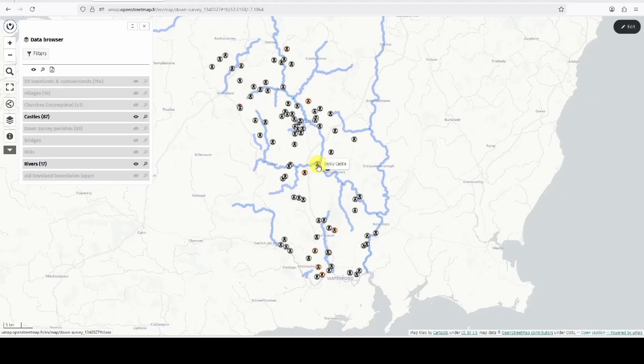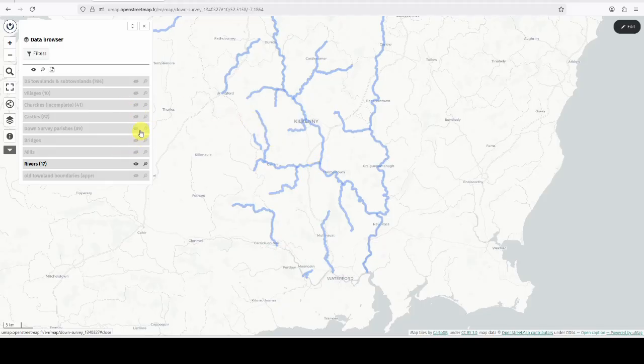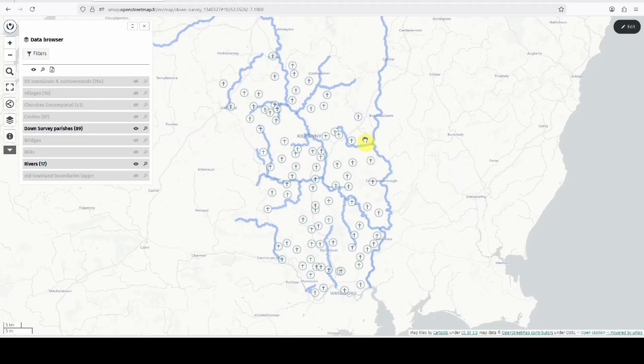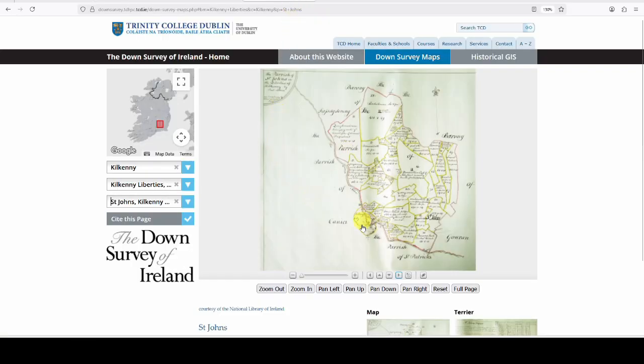So these are the castles that they possibly don't have, unless I've located them in the wrong townland, or they've located them in the wrong townland because the old maps or the location description isn't as precise as you would wish it to be. Then we have the parishes, which I also might have missed some in North Kilkenny. They are shown with these larger circles with the cross in the middle. And when you hover over them, it'll display the name that you find in the Down Survey, and there could be more than one,